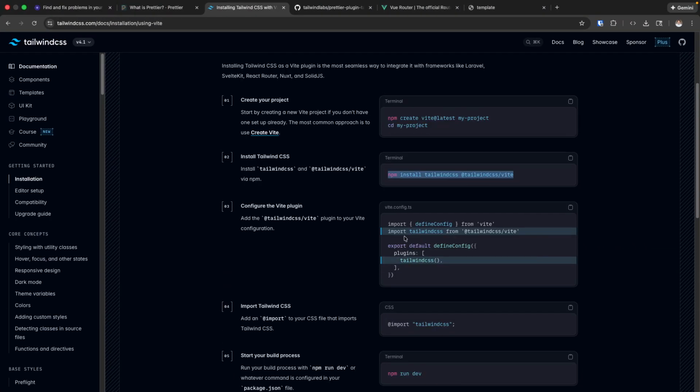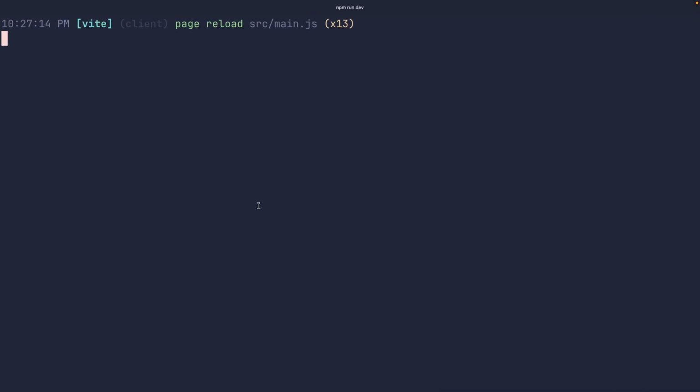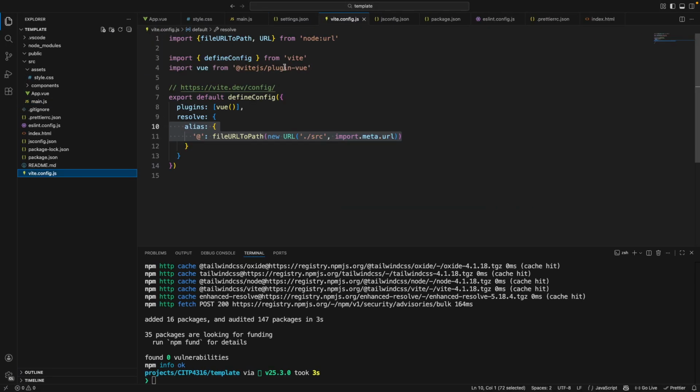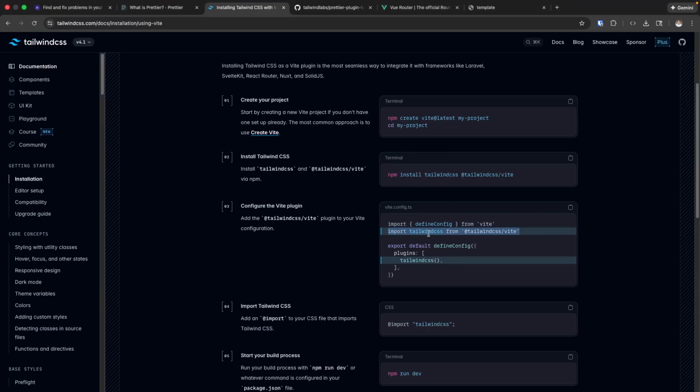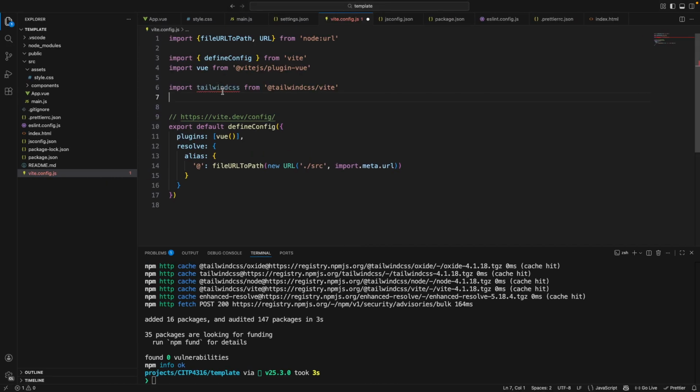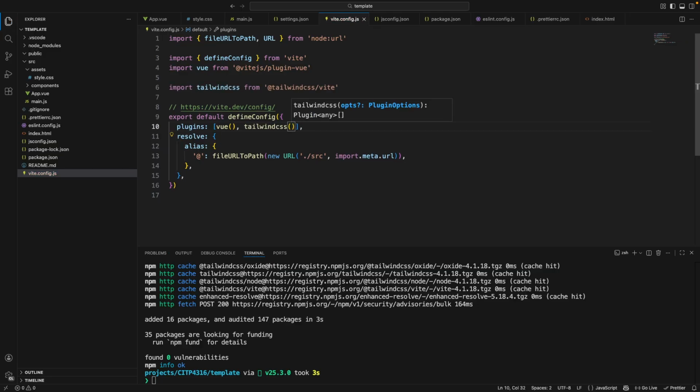Actually, we installed it. It says that I need to go to the Vite config file, import it, and put it as a plugin at the end. Let's do it. Go to the Vite config file. We need to import it. Oops, I closed that part. I didn't copy it the way it's supposed to be copied. There you go. Paste it, and then here in my plugins, we have the Vue one. We just put that one after it. And you will see that it's in there. Cool. Now that we have that,